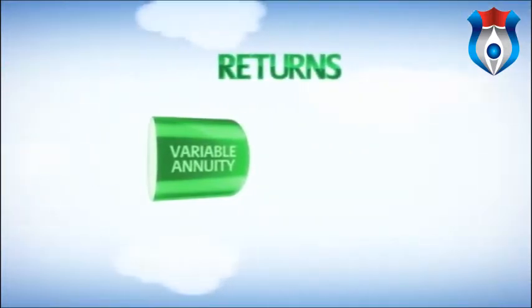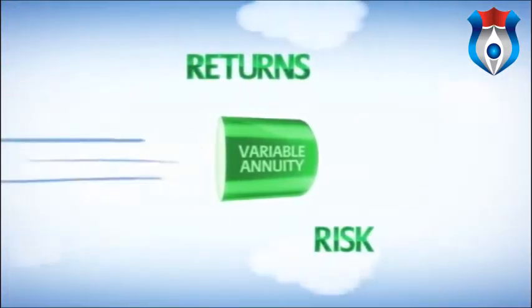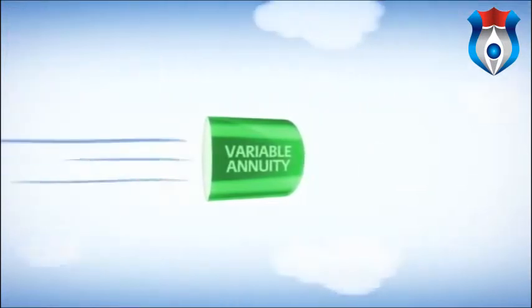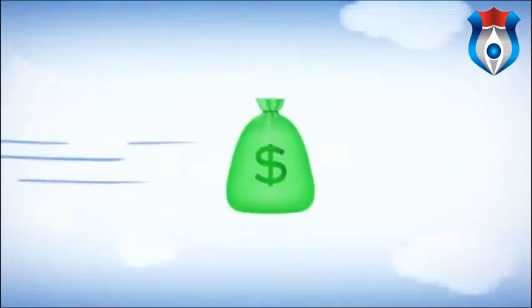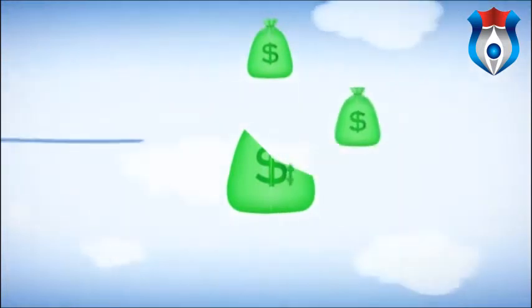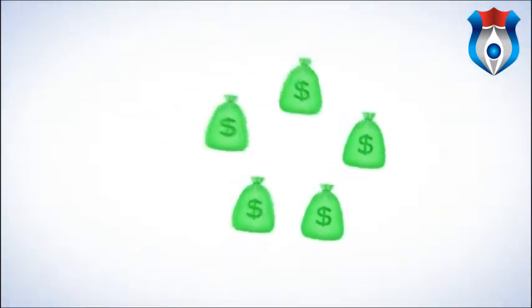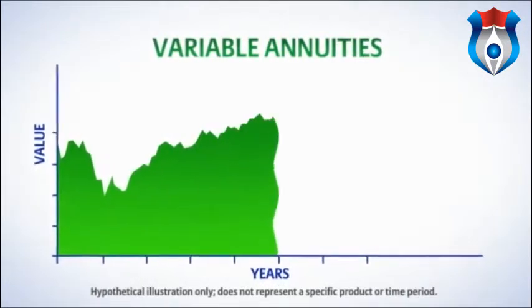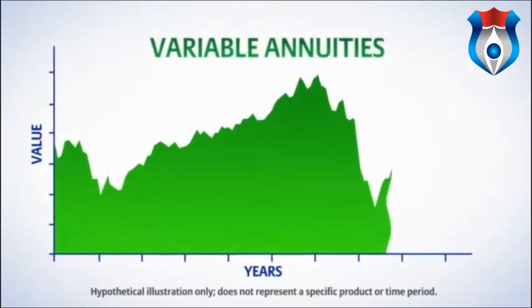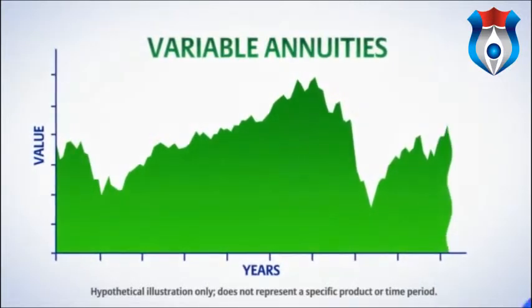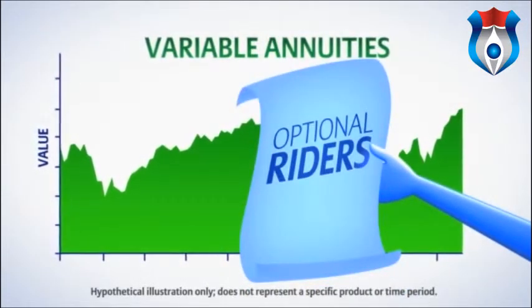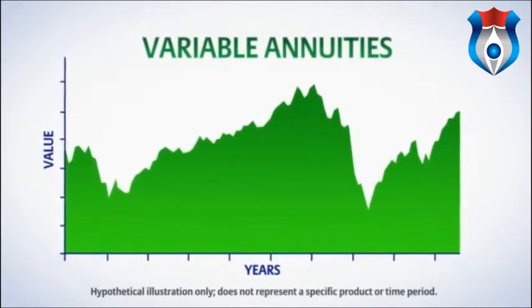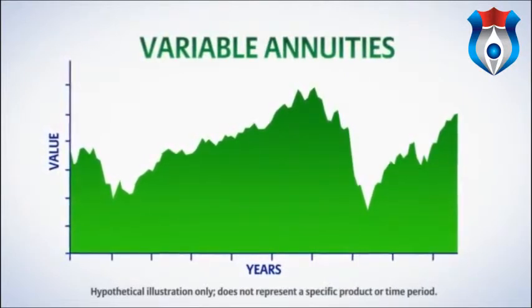Now, if you want the possibility of even greater returns, and you're willing to assume more risk than with fixed or fixed index annuities, then a variable annuity might be right for you. A variable annuity's growth is based primarily on your chosen investment allocations, so it offers more growth potential. It also carries risk because you're invested in the market, so you will experience both market ups and downs, and you could lose money. However, most people purchase optional riders to help reduce this risk. There are also investment fees associated with variable annuities that vary depending on your investment choices.